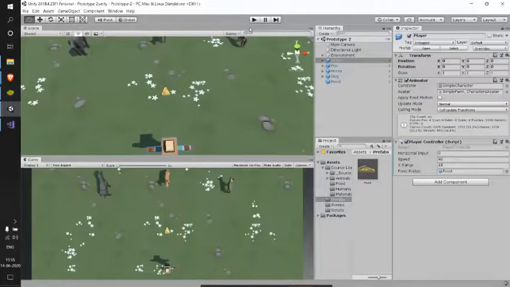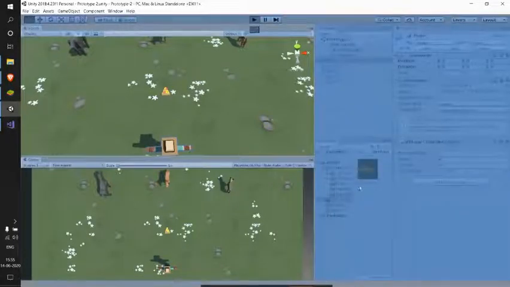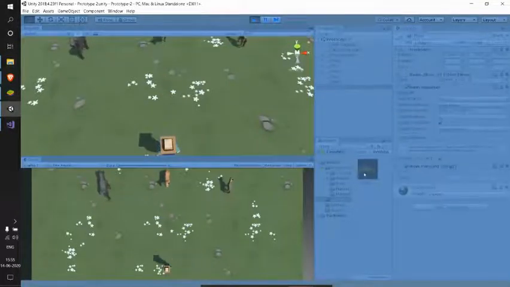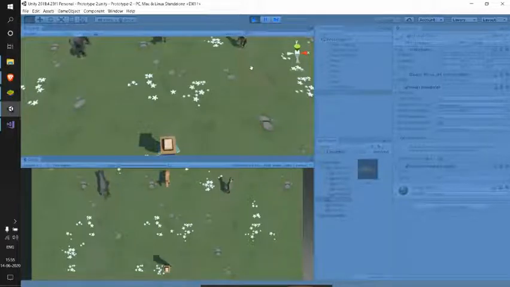Now let me go to the play mode. Here I am able to drag my food prefab, and as I leave it, it's moving. So whenever my player presses the space key, because of that if condition, I need to do the same thing.